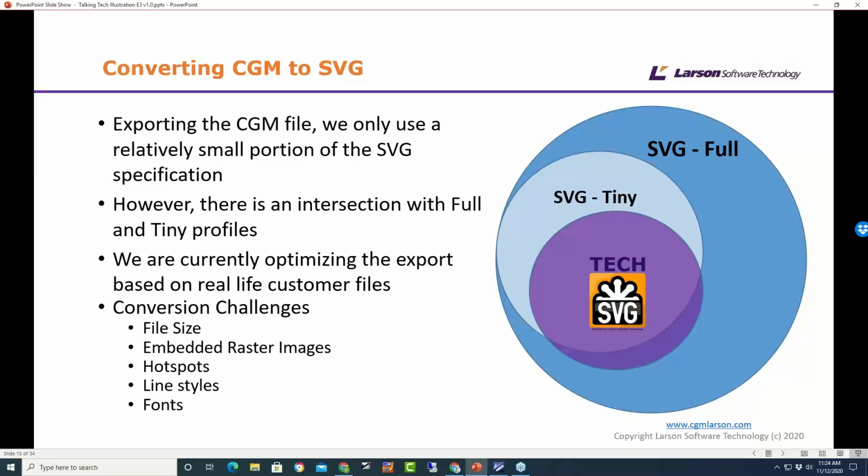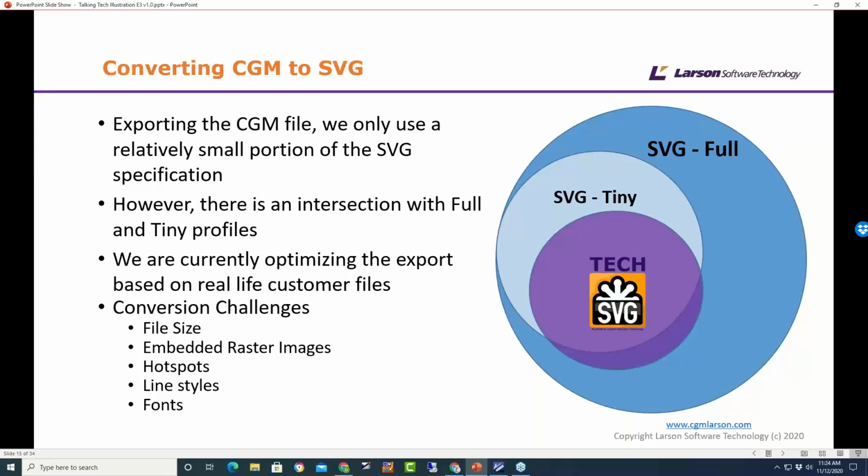You could probably say it's less than a third of the spec we really need within a technical illustration, which means the file is going to be lighter, it's going to be easier to use, and it's going to be standard. So you'll see in a second that it does need to be standard as we go through this.